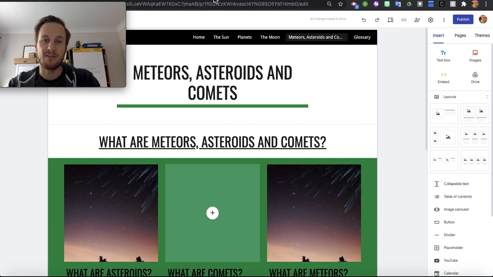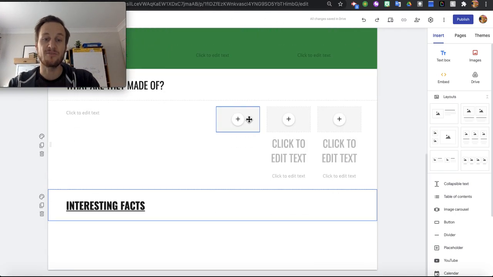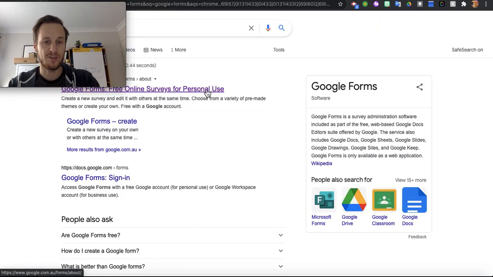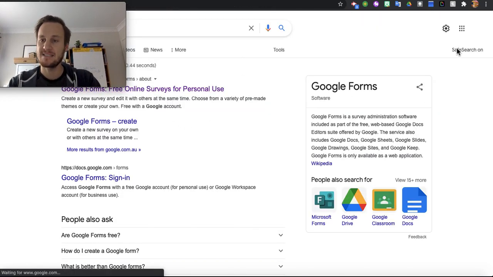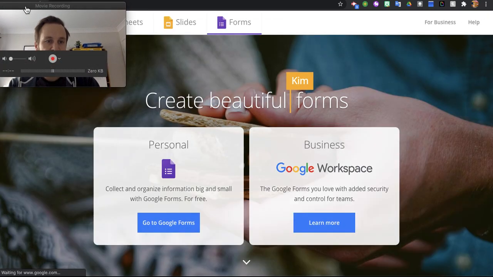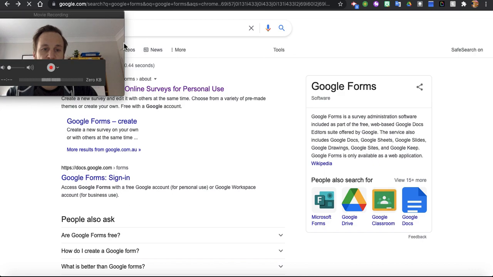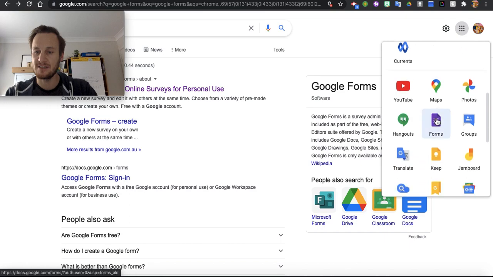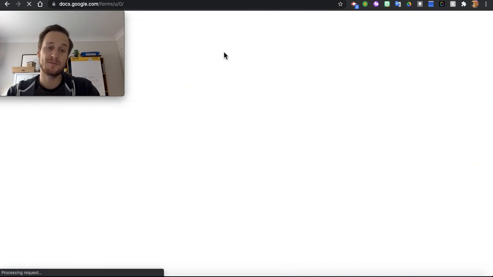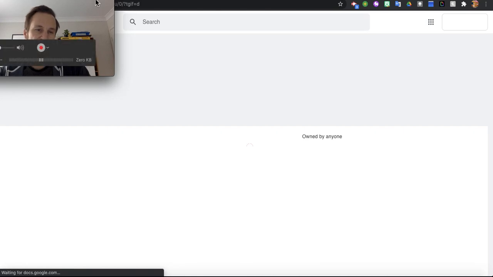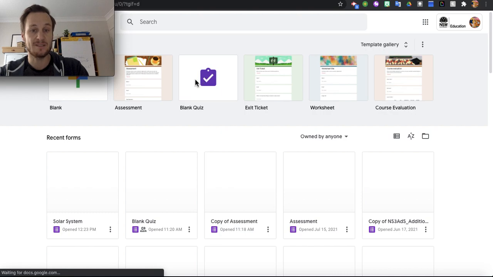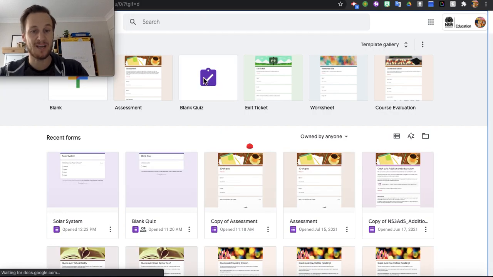One of the other things I've been looking around trying to make a little bit different is that you could have a thing down the bottom where if I go to Google Forms, I don't know how familiar you guys are with Google Forms, but it is in your Google Suite over here. So if you press down here and you go across, you can see there Google Forms. Now Google Forms is a great way of making quizzes, just to test people, and there's going to be a lot of Google Forms that you guys have done this week. You can have a blank quiz. It's great. You press blank quiz,